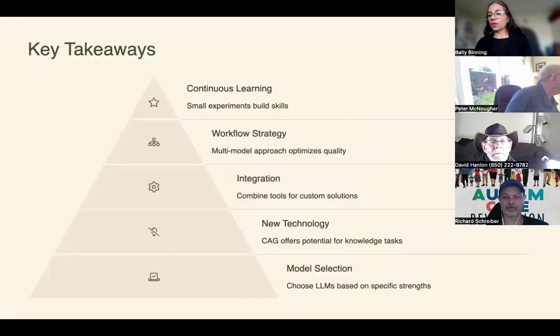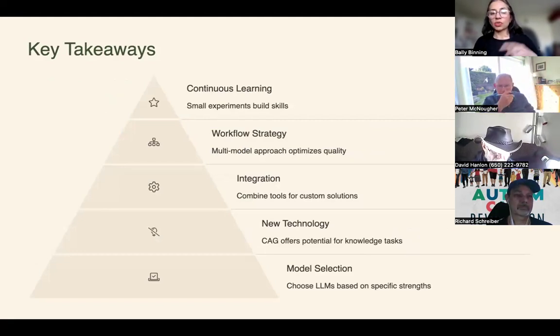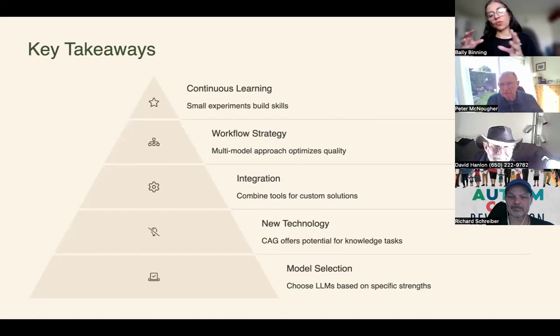So key takeaways, and I'm going to go into those questions, I promise. This space is about learning, and it is about experimenting. Start small. Start with something where you say, I'm going to test this out. And just have a workflow strategy. That would be my suggestion. Even if it means I still handwrite things, I write it down and think, what is it that I want to do with this?